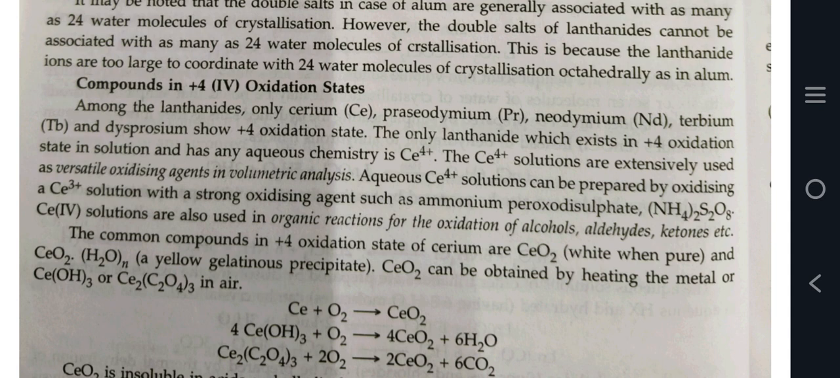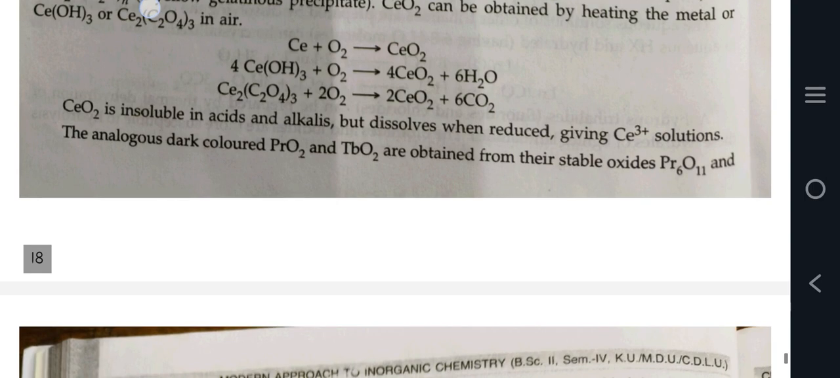The common compounds in the +4 oxidation state of cerium are CeO2, white when pure, and CeO2·xH2O, a yellow gelatinous precipitate. CeO2 can be obtained by heating the metal, or Ce(OH)3, or Ce2(C2O4)3 in air. CeO2 is insoluble in acids and alkalis but dissolves when reduced, giving Ce3+ solution. The analogous dark colored PrO2 and TbO2 are obtained from their stable oxides